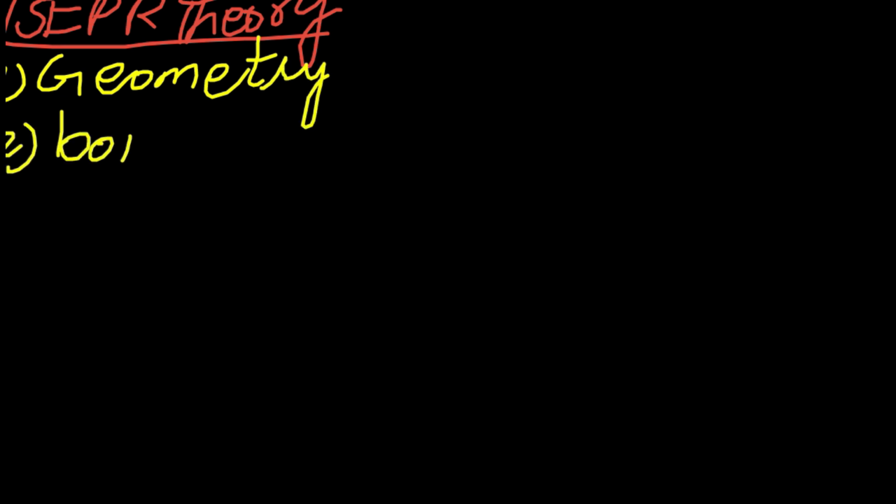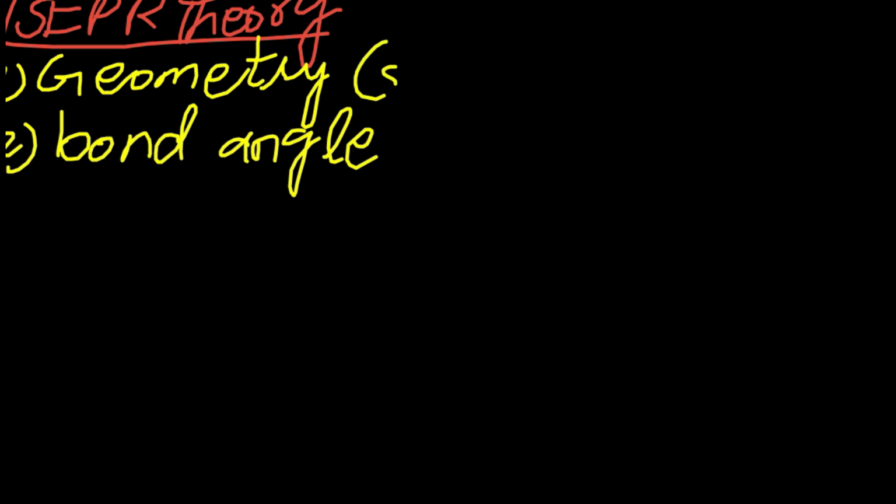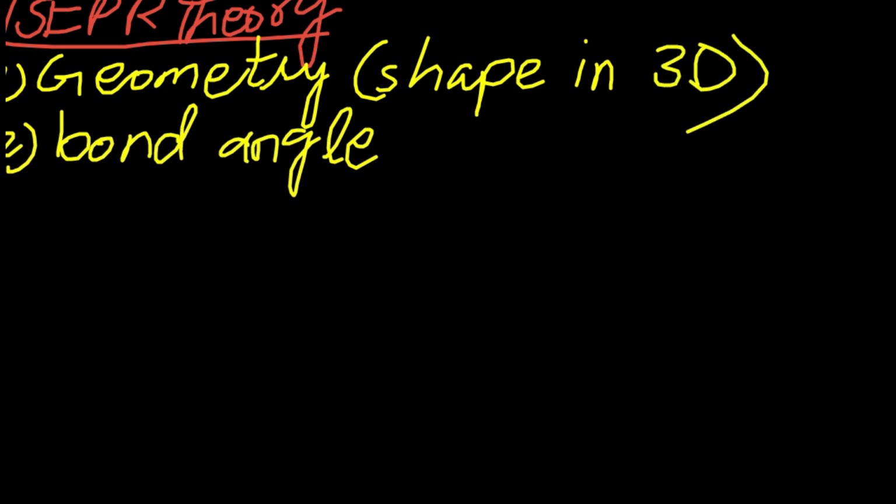Let's talk about VSEPR theory. VSEPR theory is the theory of chemical bonding that explains the geometry and bond angle of molecules. Geometry is the shape of molecules in three-dimensional axis, while the bond angle is the angle between